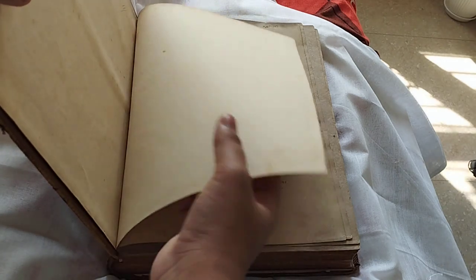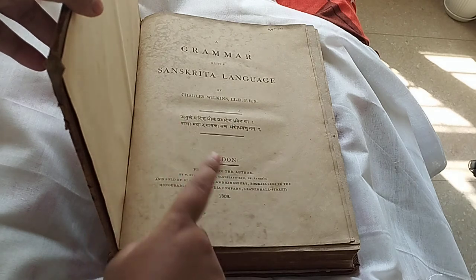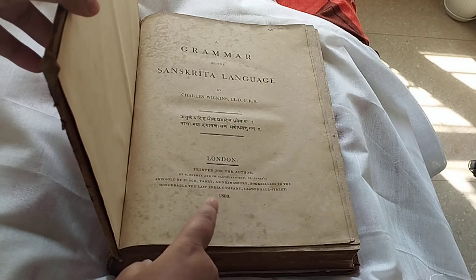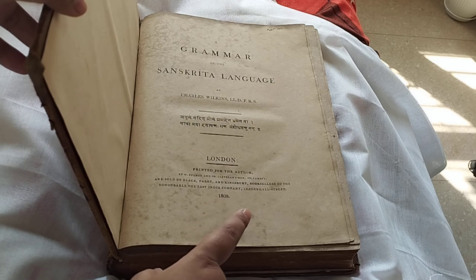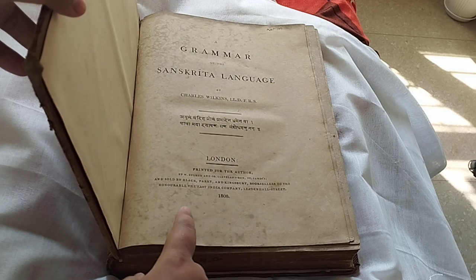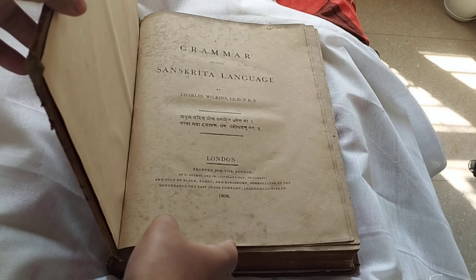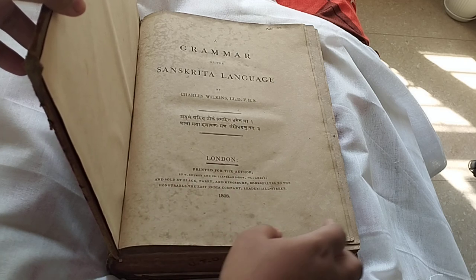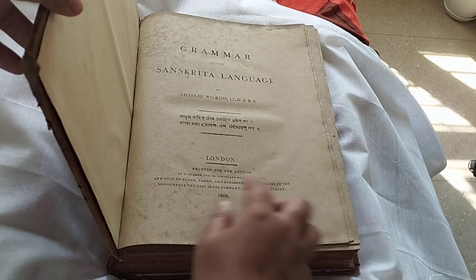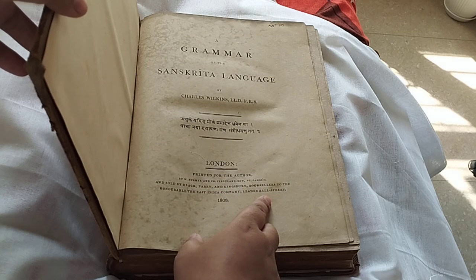So these are the end papers, and this is the title page, A Grammar of the Sanskrita Language by Charles Wilkins, printed for the author in London by W. Bulmer and Co., Cleveland Row, St. James, and sold by Blackberry and Kingsbury, booksellers to the Honorable East India Company of India. You can read here,